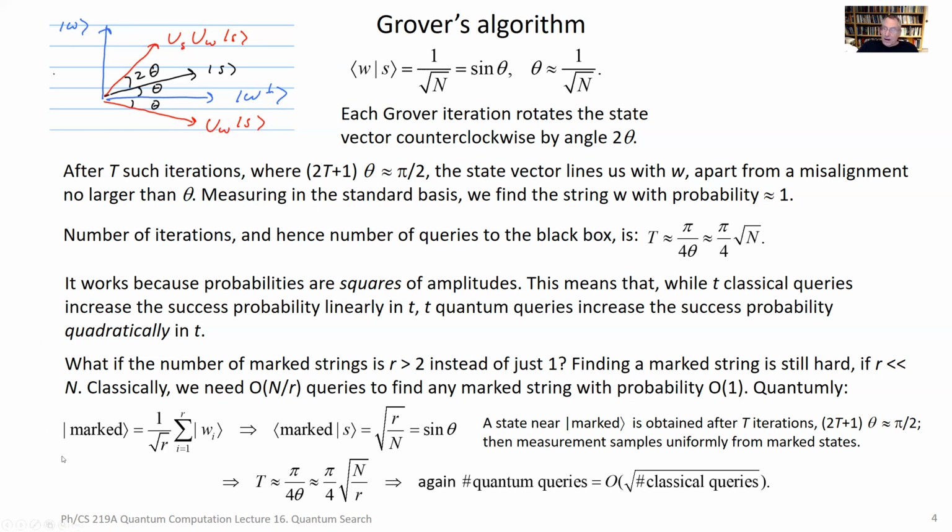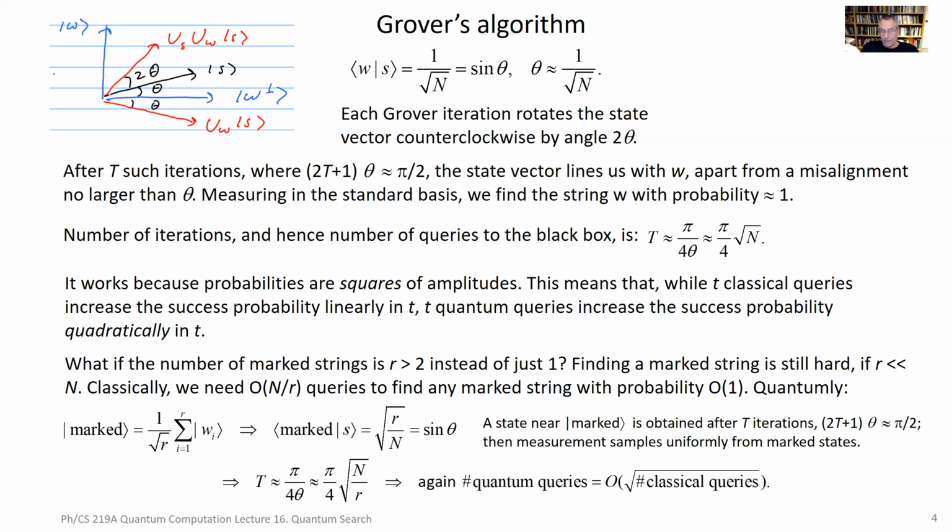Now the overlap of the marked state with our initial state is larger than before. Instead of going like 1 over the square root of N, it goes like the square root of r over N. So I can think of that as the sine of an angle, and theta, assuming r is small compared to capital N, is essentially the square root of r over N. And the rest of the story is just the same. I'm going to do the queries, and I'm going to do the U_s, which reflects in the axis s. The thing that's different is that the overlap of the marked state with s is given by a different